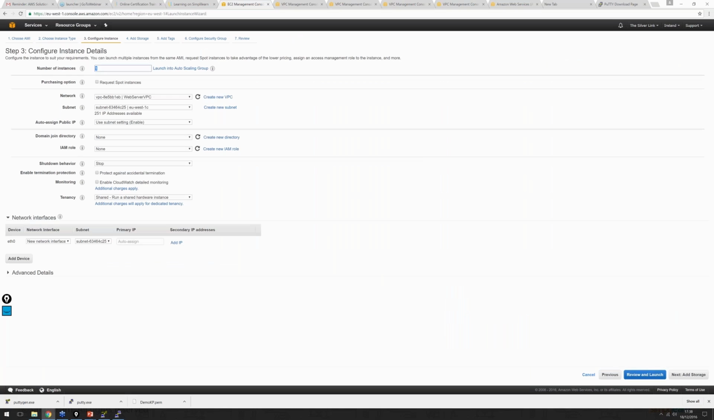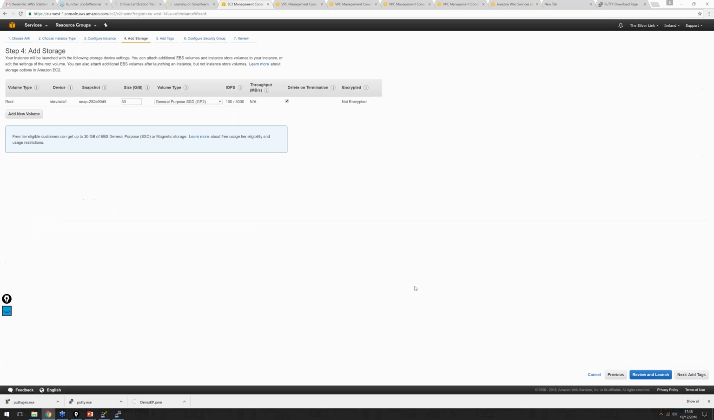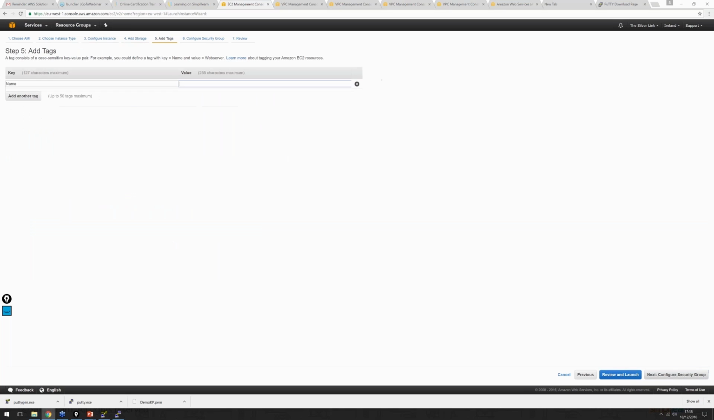Number of instances: 1. I'm going to launch it in the web server VPC. It's basically something that I created before, and I want to assign a public IP to it. And no other changes I want to make in here. Again, 30 gigs, we're not going to change it. We're going to call it demo